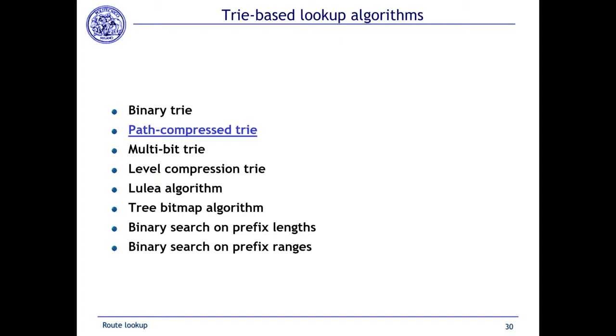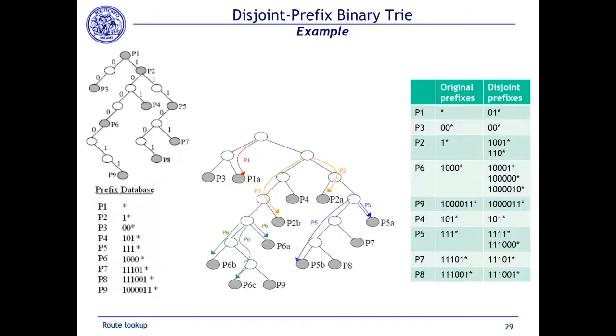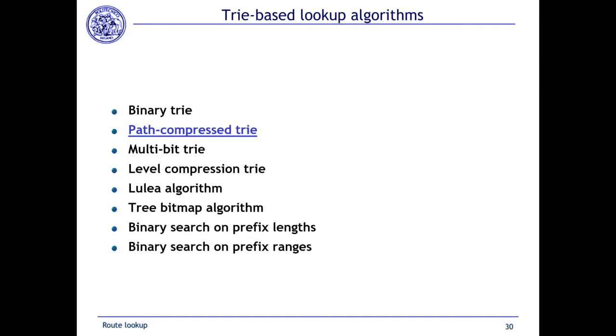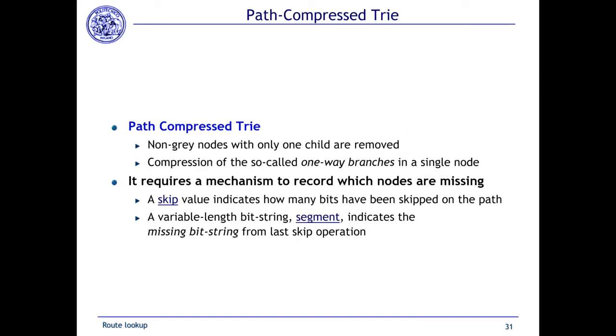We have seen the basic disjoint prefix binary trie. Do you have questions until now? So now we have seen the basic binary trie, the complete binary trie, and the disjoint prefix. Now we can go on and look at the path compressed trie, which is another method to optimize the basic